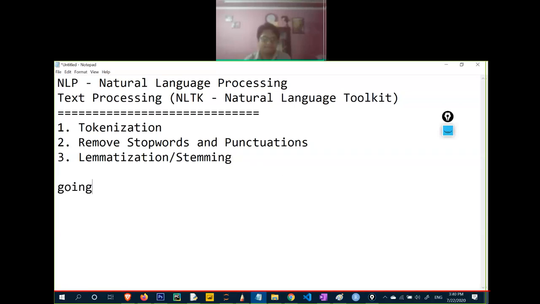Let's say there is a word going. What is the actual word for going? Go. Let's say I have a word playing. What is the actual word? Play. If I am using a word bought, what is the actual word? Buy. Getting my point, everyone? So this is known as stemming.